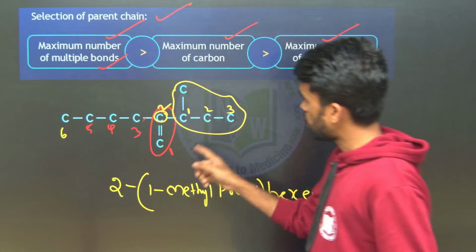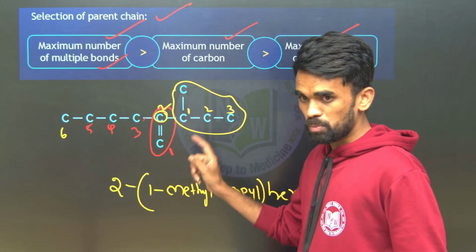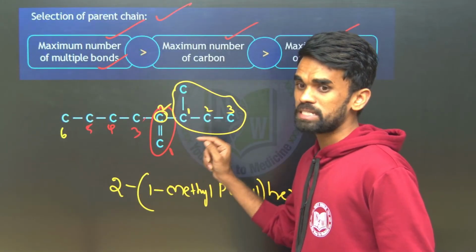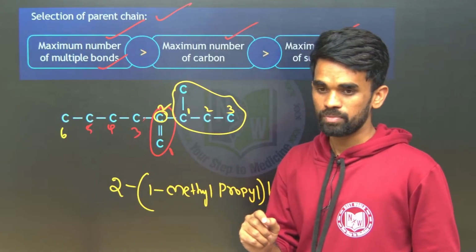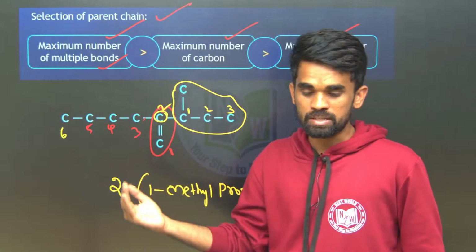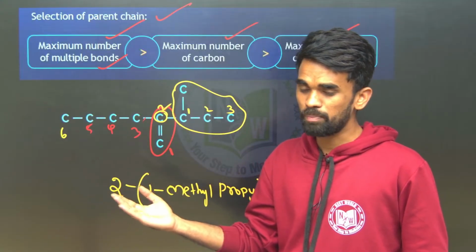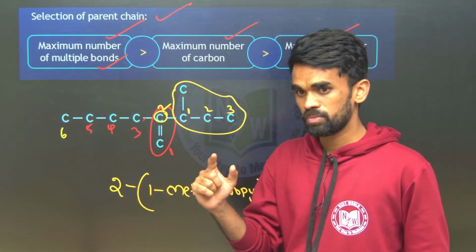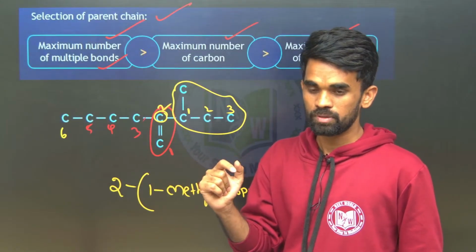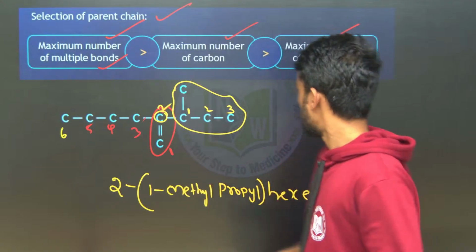So is this clear or not? Whenever you have a double bond or triple bond, multiple bonds, you need to select your parent chain so that it must include that multiple bond. Then only you can prioritize the longest parent chain. The parent chain must include the multiple bond, and the lowest number should be given to the multiple bond. For example,